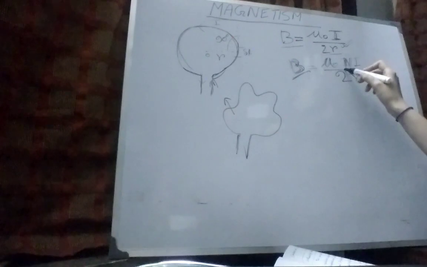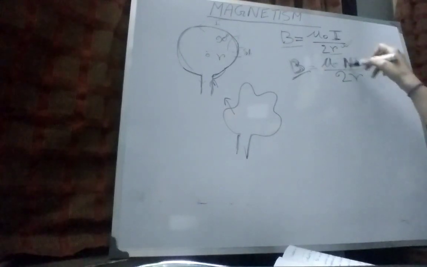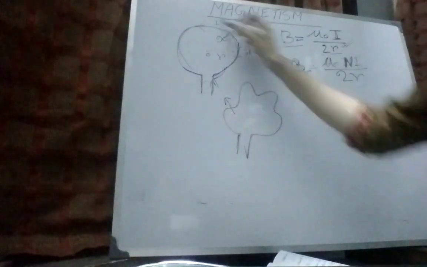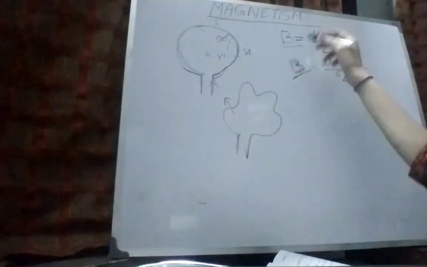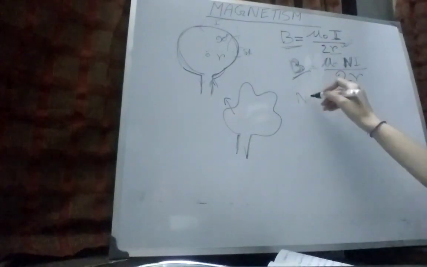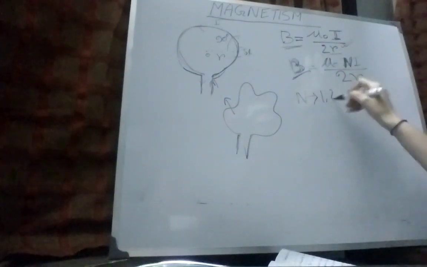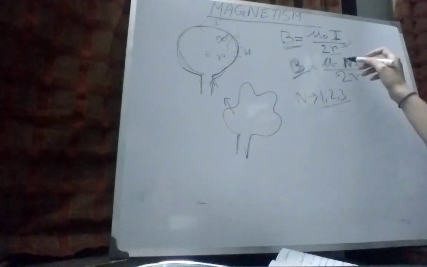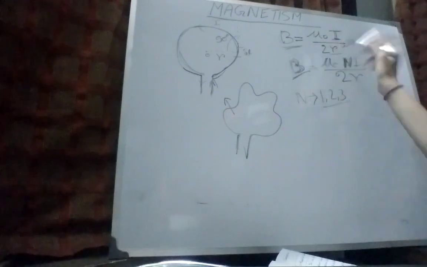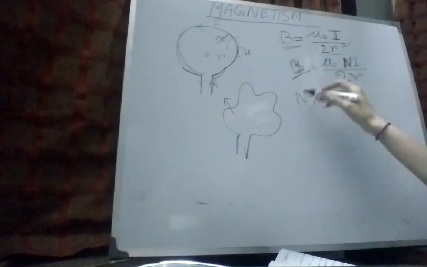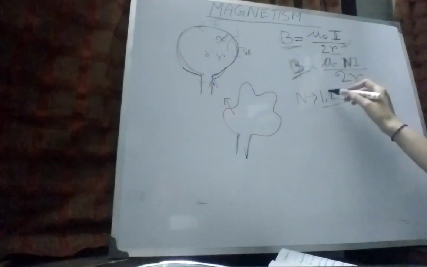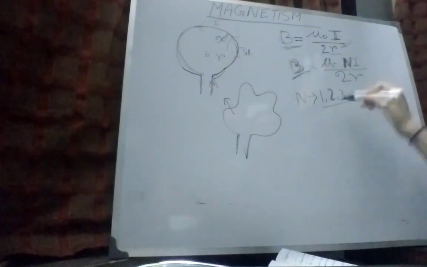Now what about this n, or the number of turns? When we are using a single turn, the magnetic field is mu 0 I by 2 r. Now n has integer values, that is 1, 2, 3. If n equals 1, then we will use this formula, and when the number of turns increases, we can see that the magnetic field will also increase as a multiple of 2 or as a multiple of 3.